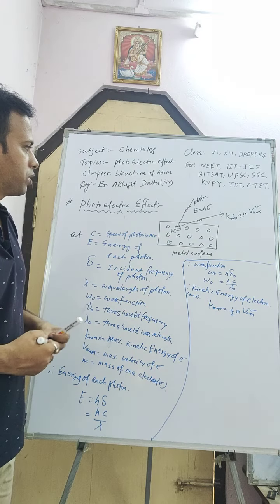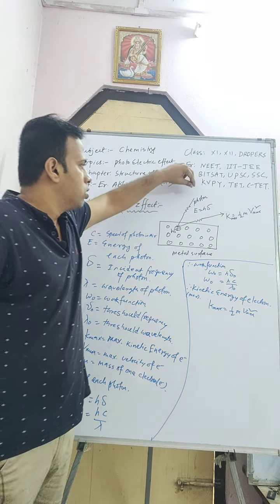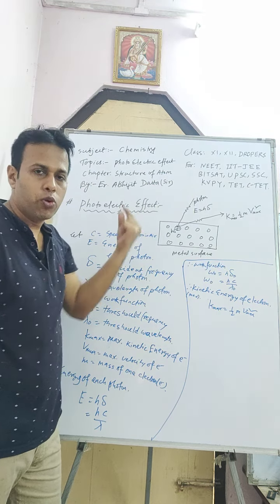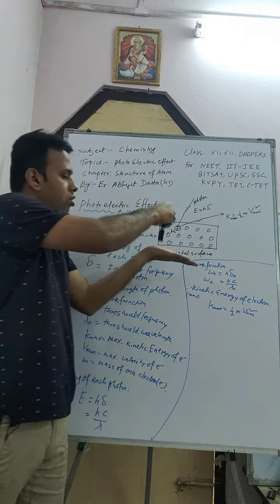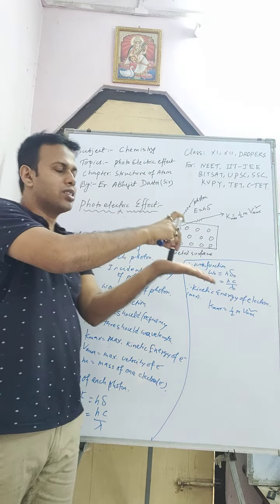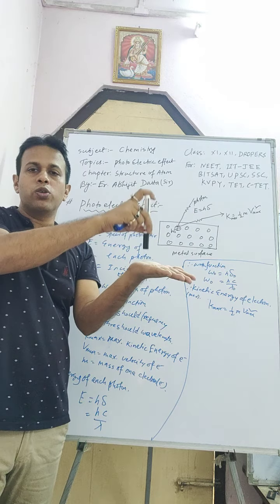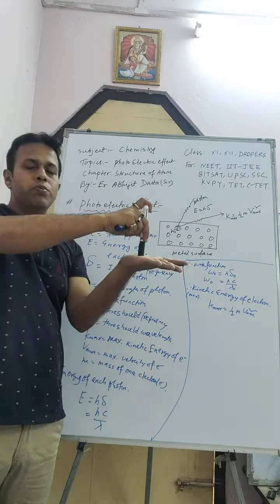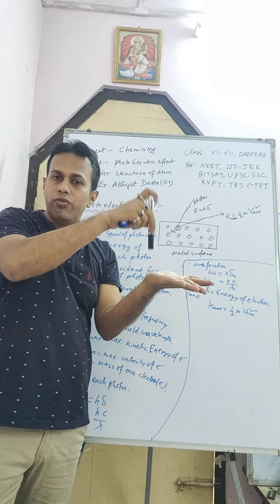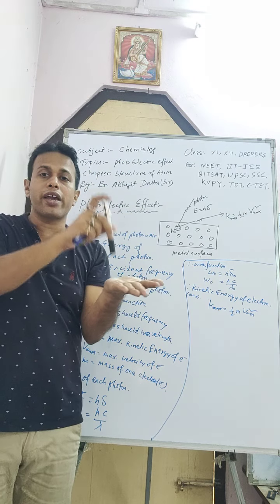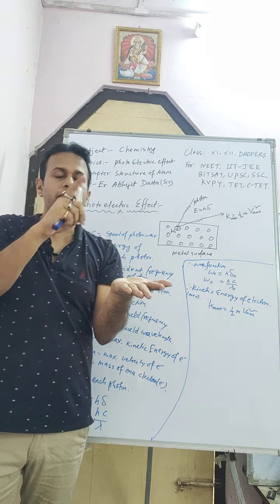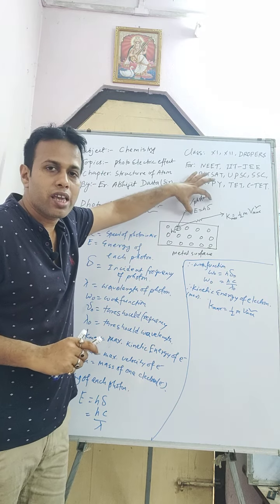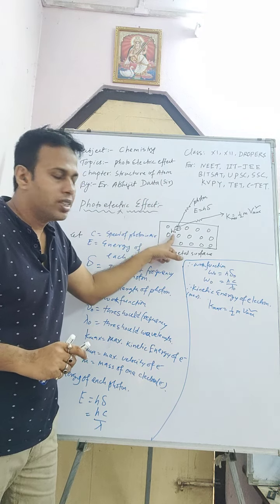So look at the diagram. This is the total energy carried by a photon when it is incident on a metal surface. In the metal there are electrons, protons and neutrons. The electron revolves around the nucleus because of nuclear force, and when an electron gets sufficient energy, it will escape from the metal surface.